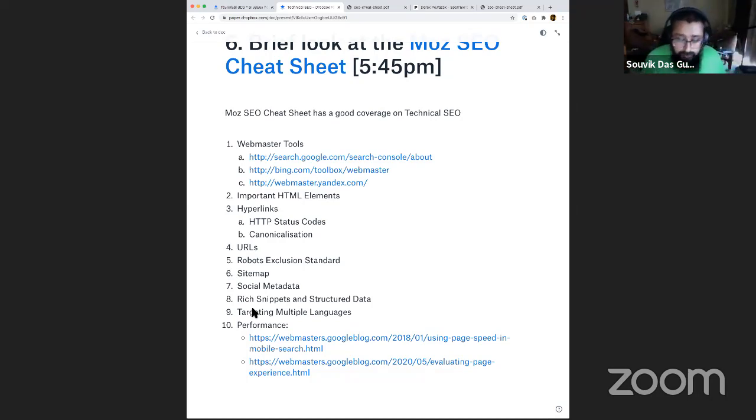And the last very big point, which is the 10th point, something that we have talked about a lot in the Content Web series, is about performance. Performance has become one of the key things that search engines have started considering in order to make sure that your website ranks high on search results.